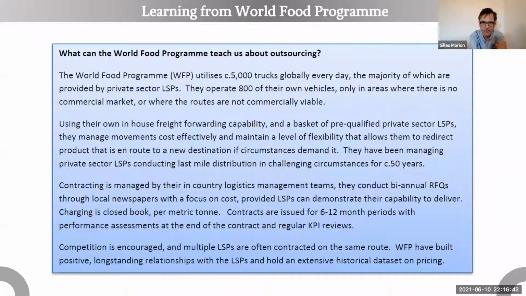So what we can see with them is that of course they are a huge organization, but they are also very flexible. They are very iterative. They review their contracts regularly. They are very specific in the kind of information that they request. They do tenders about every 6 months. They are relaunching tenders globally for big, large global contracts, locally for small, specific located contracts. They sign contracts for 6 to 12 months, with very specific criteria for success. So really, they are taking this very seriously, again, because they know that supply chain is the key to their success.